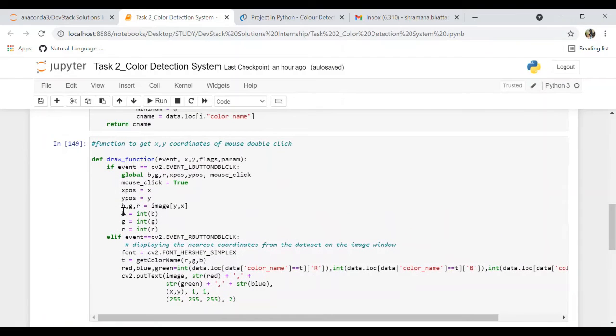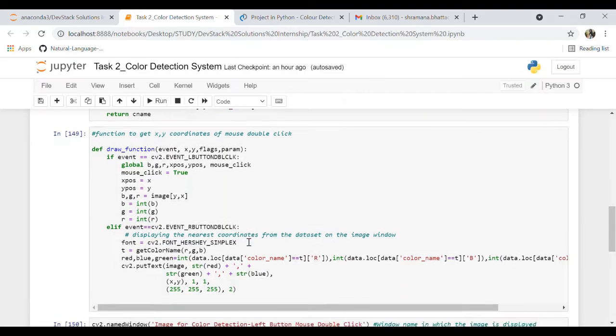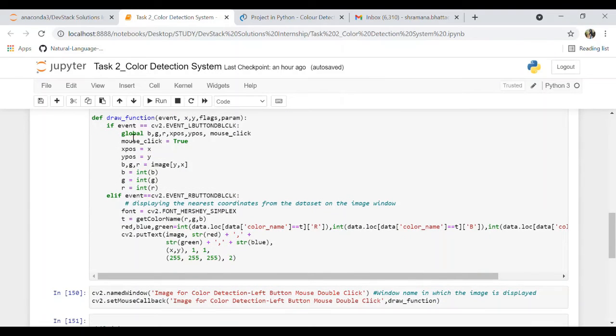And these BGR, they were defined before as global variables. They will be able to access the image position, the image y comma x coordinate position, and the corresponding BGR values are stored in these variables. Now here is another section, this is the if portion, and now there's another portion, as I already displayed before, that we are going to have a text on our image, that is right button double click. So if instead of left button double click, it is a right button double click, then this is an additional thing that I just wanted to do.